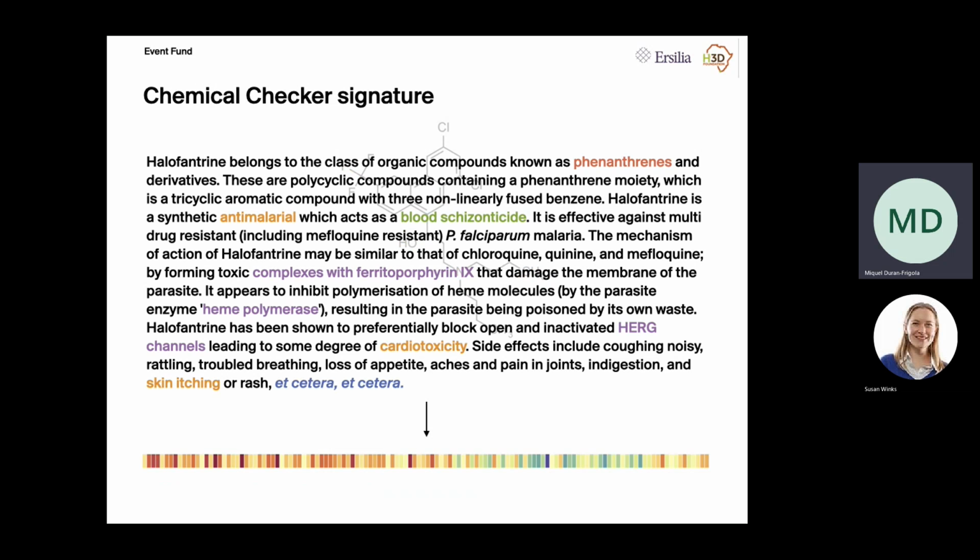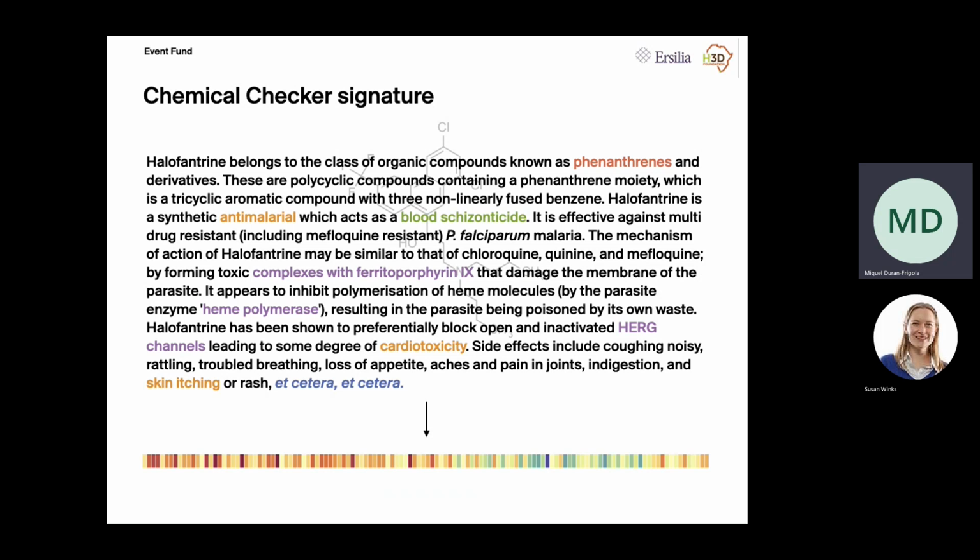But of course, we are in the big data age, so we know much more about compounds than just the chemical structure. Actually, if I go to the internet and do a quick search about that compound that I was showing before,